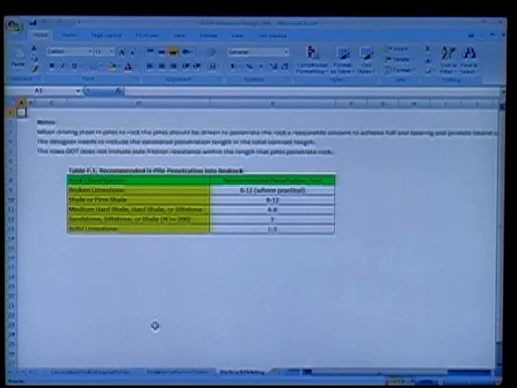There's also a table where we make some recommendations about if you're getting down to rock, how far into the rock you should go. So there's some rough estimates. It's a little bit at the discretion of the designer as far as how much more pile length they want to add on if you're going to rock. So jumping back,